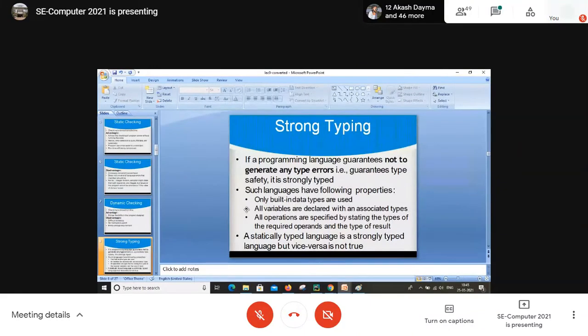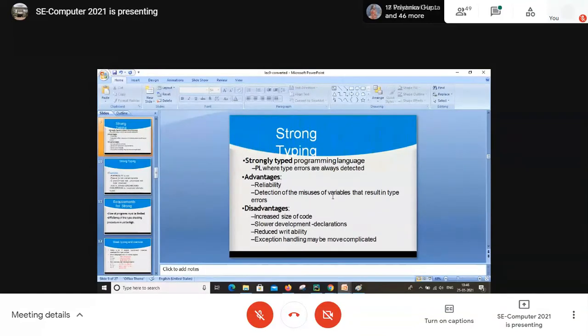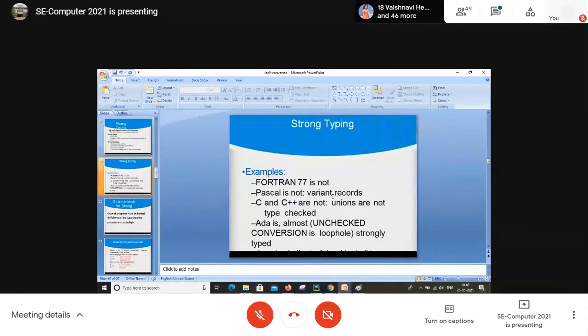You can go through this. This is just the theoretical part. I'm not going to read all of this theoretical part; I'll explain with the help of examples every time. Example is not here, so you can note it down at your end, or if you find any difficulty once you get this PPT, you can directly ask me. I'll explain that particular topic to you again. Then advantages, disadvantages, example. We already discussed those examples.